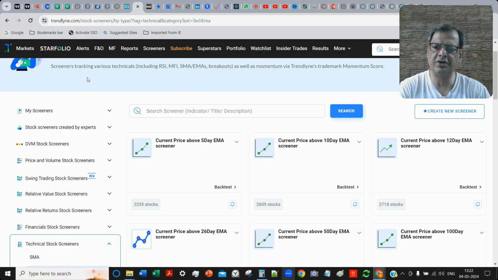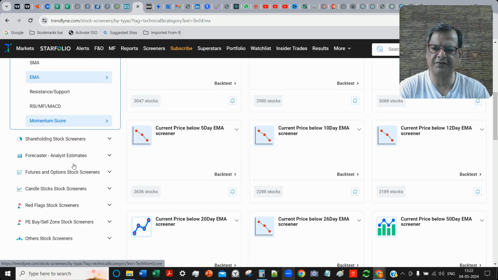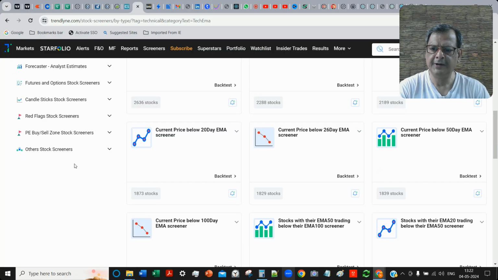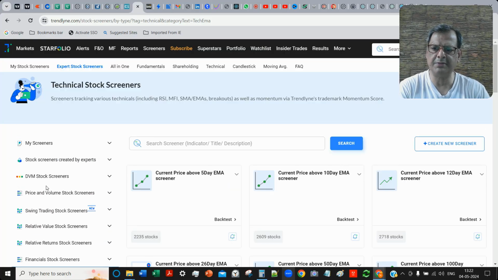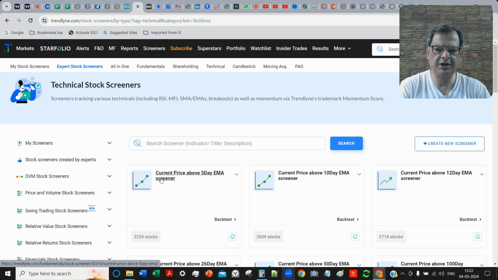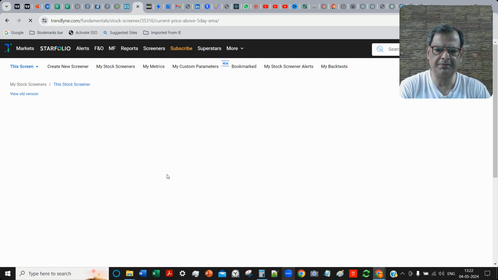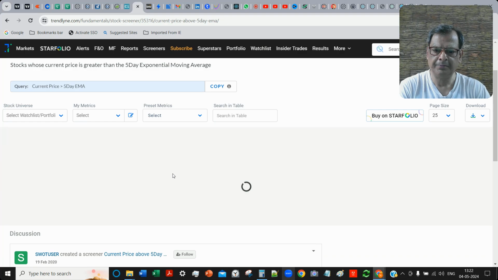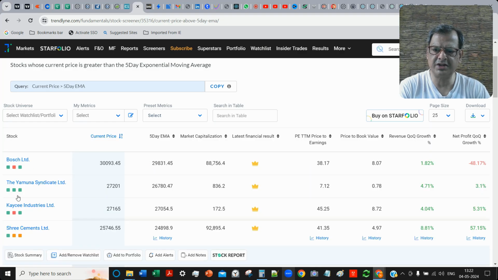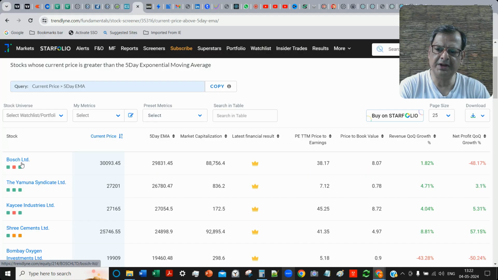Similarly, there's a site called Trendline where there are plenty of scanners, free scanners that are available, technical, price-wise, fundamentals, and you can use these and form your watch list. For example, above 5-day EMA, it will give us the various stocks, and then you decide. You can open each chart there in TradingView or your trading platform and then decide whether you want to trade